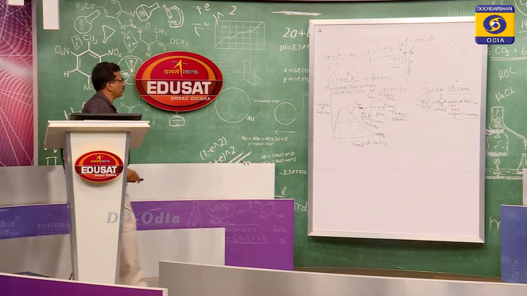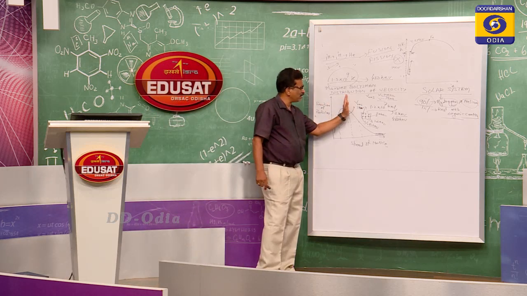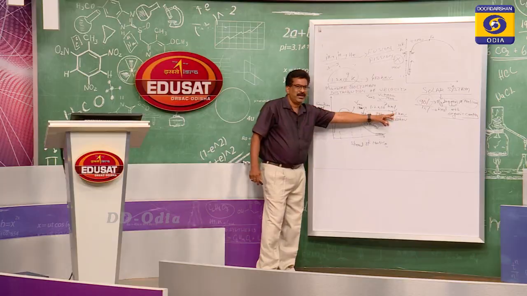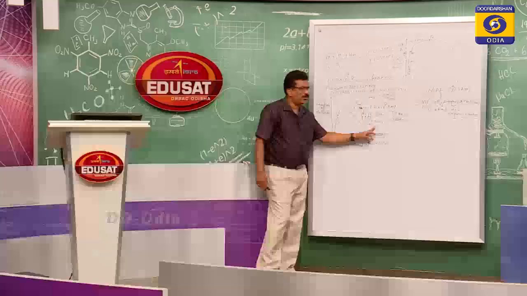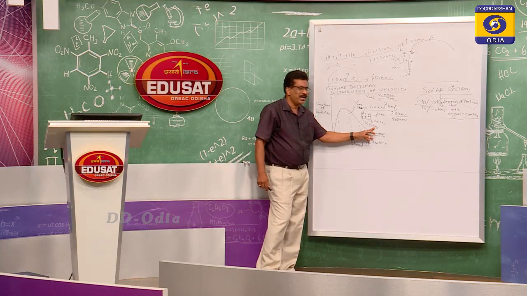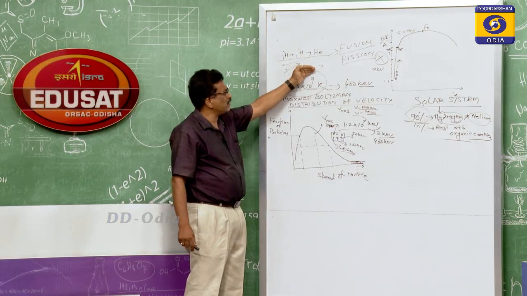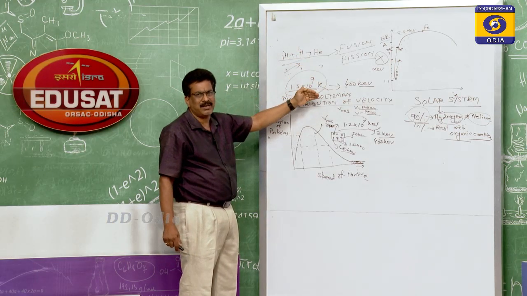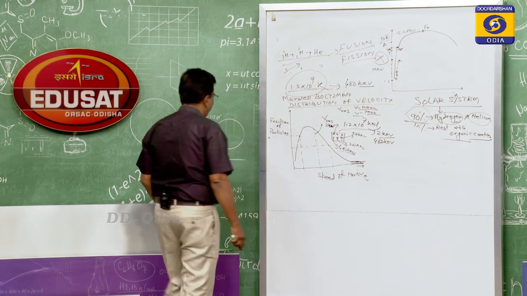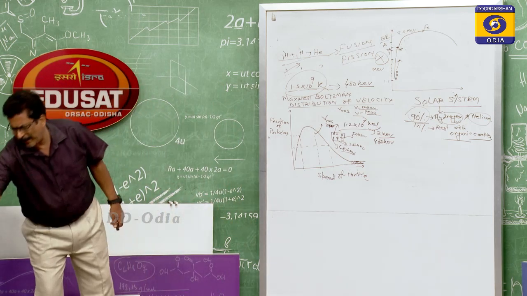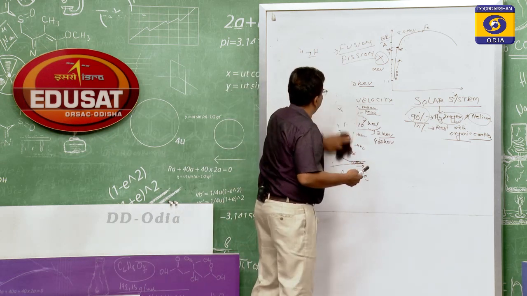From Maxwell's distribution of velocity, we came to know that if the average is 2 keV, at least one of the particles may have a speed corresponding to 400 keV of energy, and when that is utilized there, the nuclear reaction steps which we have discussed earlier will continue. Now the question comes: where will it produce more energy?